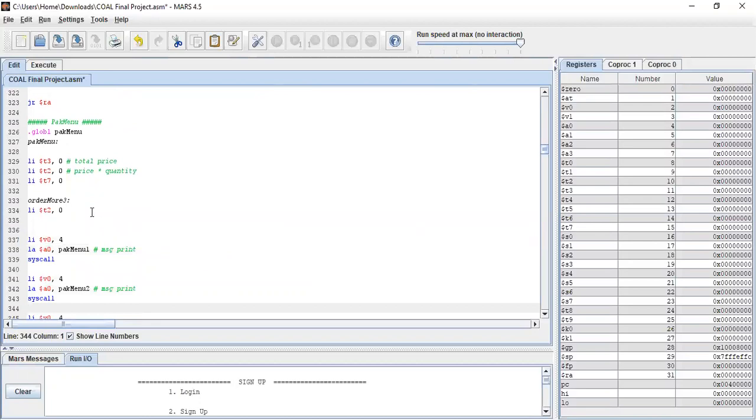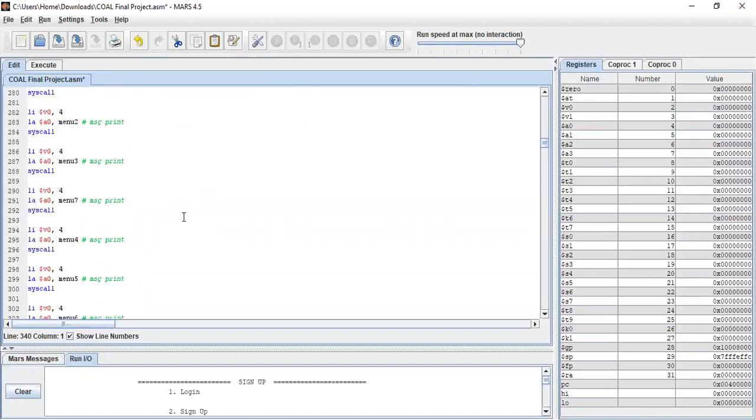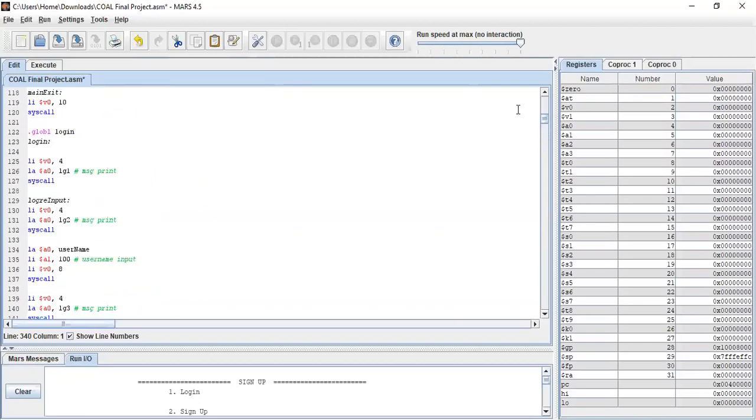And we have made order more 3 Pakistan menu 1, and it was like it is the Pakistan menu. I will show you again.